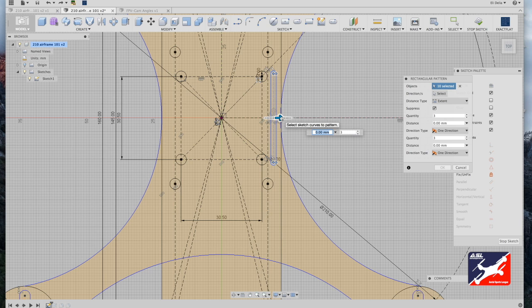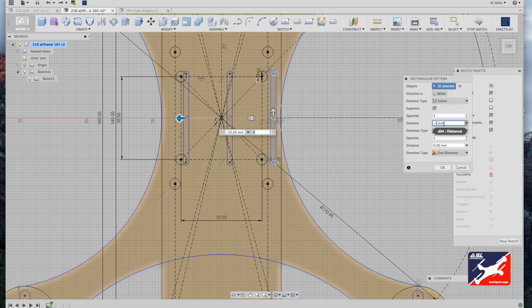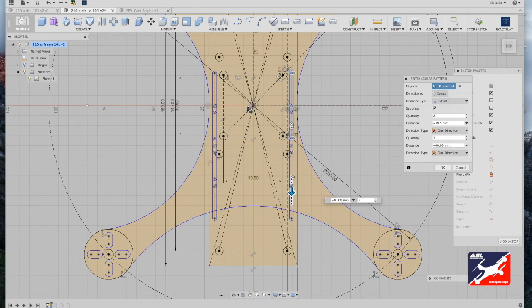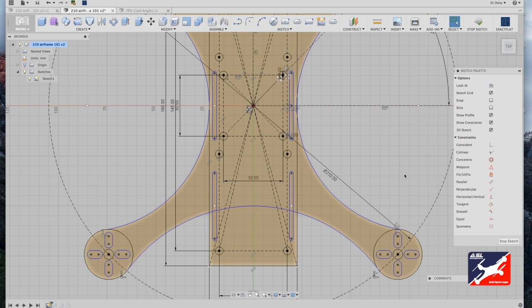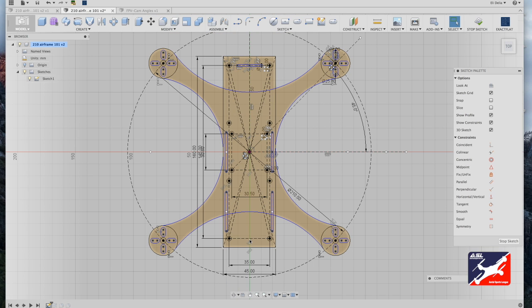tool once again, horizontal handle, type in a value of minus 39.5. Quantity count of 2. Zoom out a little bit. Now with the vertical handle, drag down, type in a value of -50 with a quantity count of 2. Select OK. Excellent. In the rear of the drone, right about here, we're going to use our center diameter circle